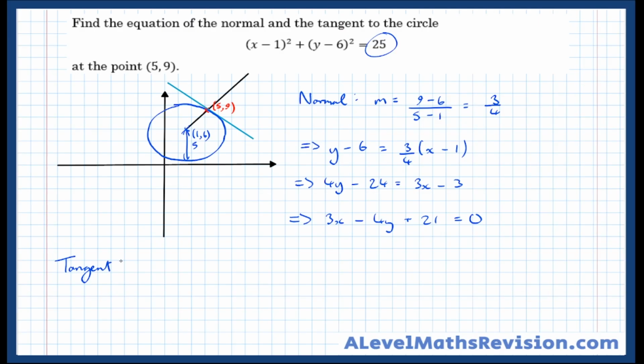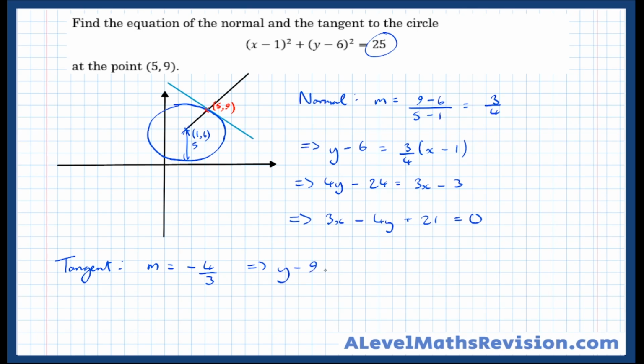The second step now will be to find the tangent, which is perpendicular to the normal. So the gradient of the tangent is the negative reciprocal, because it's perpendicular to the normal. So the reciprocal would be 4/3, then applying a minus sign would make it negative 4/3. So the tangent has gradient −4/3, and this time we don't have a choice of 2 points. We've only got this point here. This is the only point that we're given that the tangent passes through. So